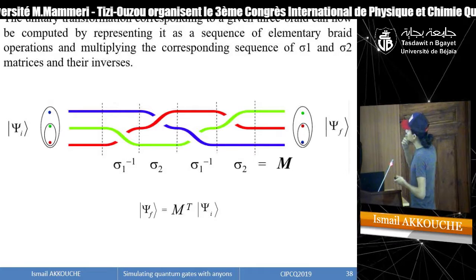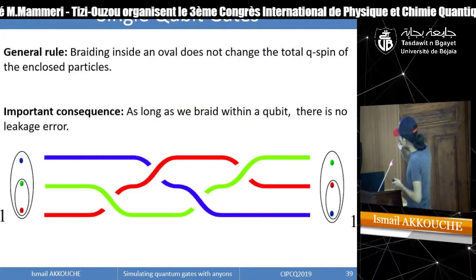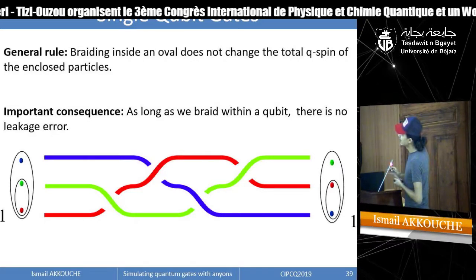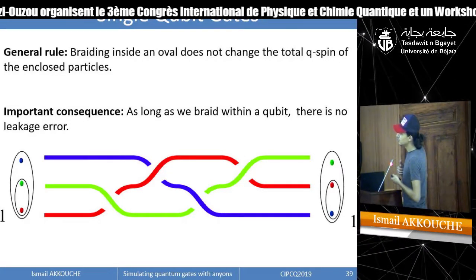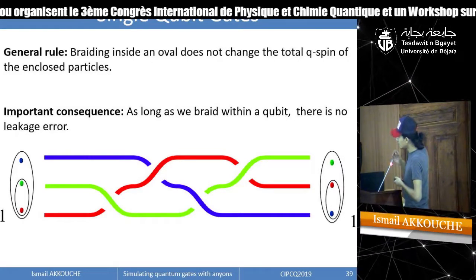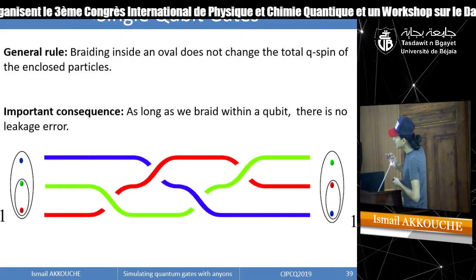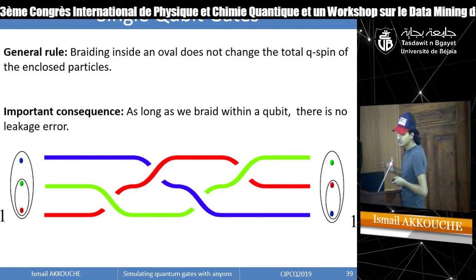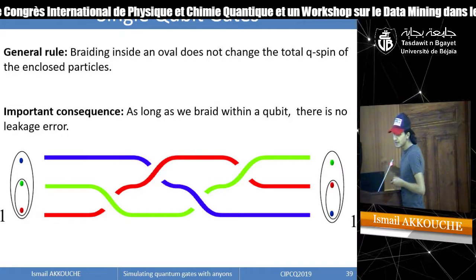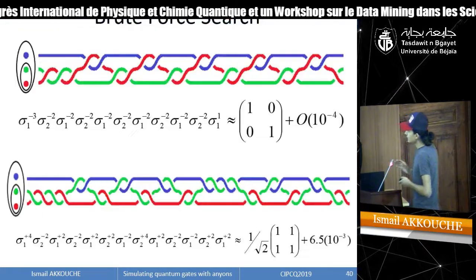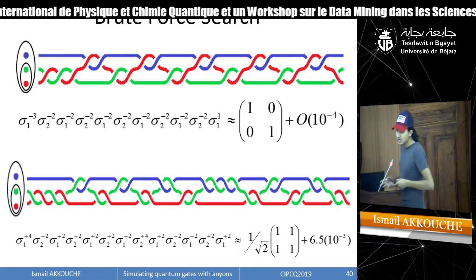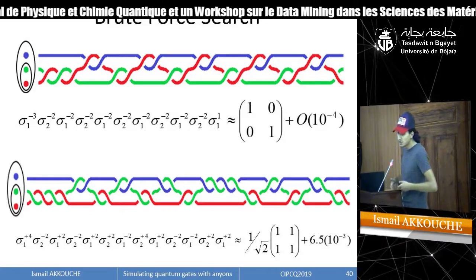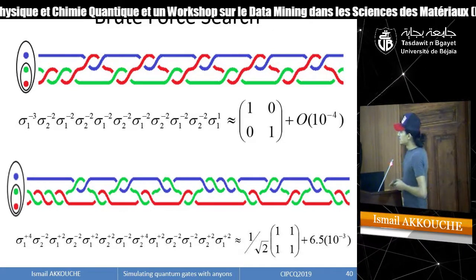In a single qubit gate, I have no problem because I do the braiding inside a qubit. So the total quantum charge doesn't change. One always stays one. So there is no transition to the non-computational state. So there is no leakage error. And with some programming codes like brute force search, bidirectional search, or quantum random walk search, or any programming code,